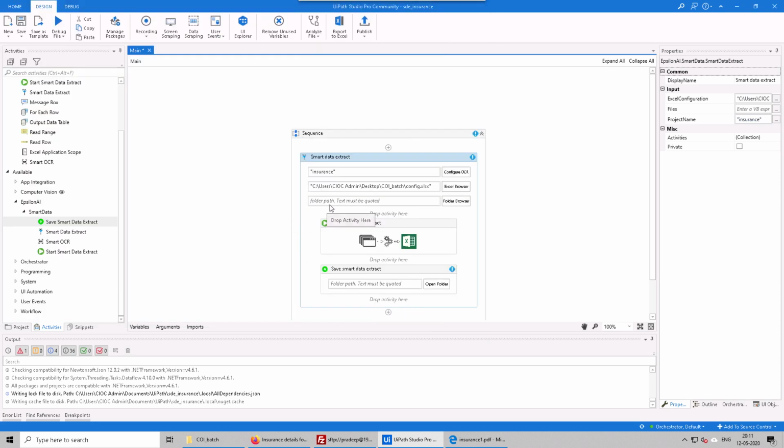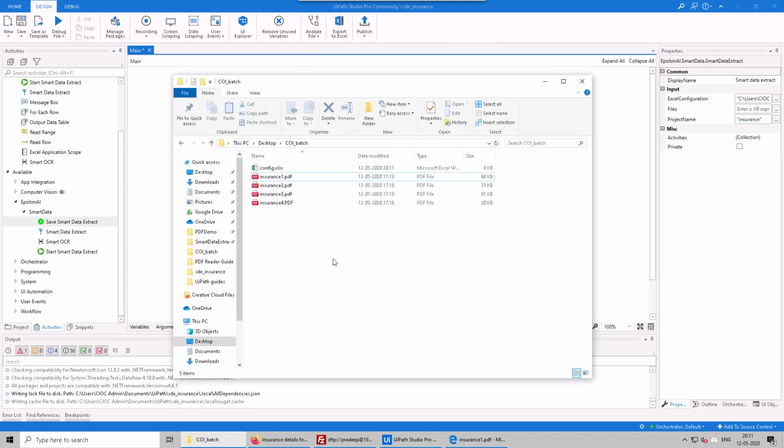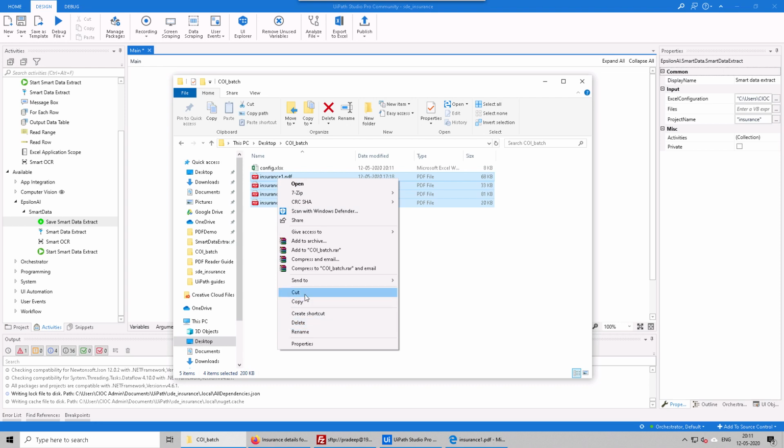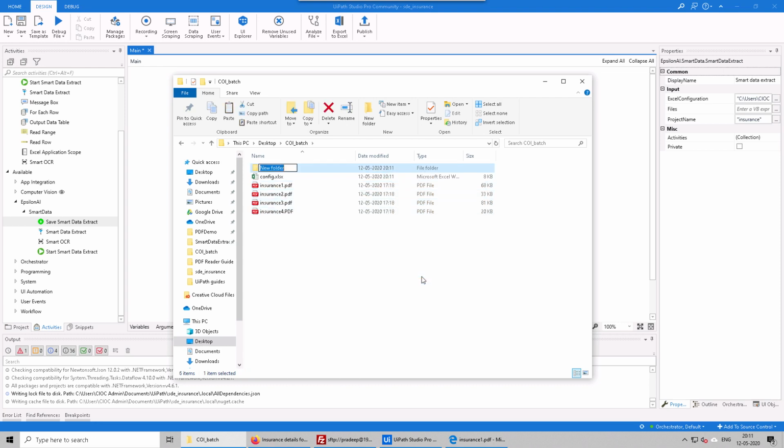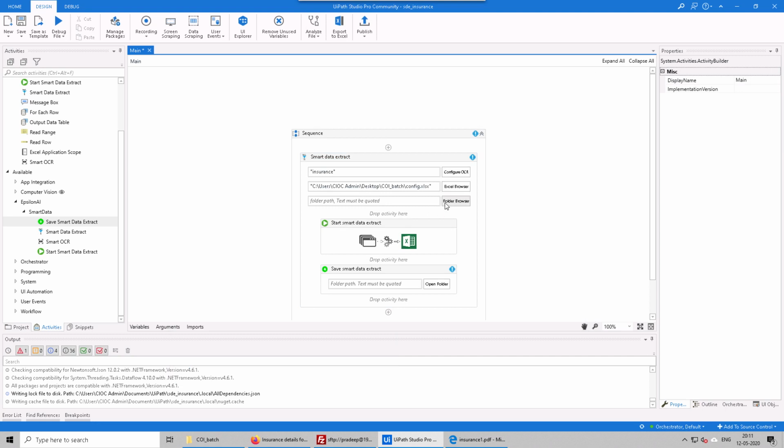And then we have to give the file path where the files are. So this is the folder. Let me just copy it and put it in a folder called files. Okay. So let's select that folder.